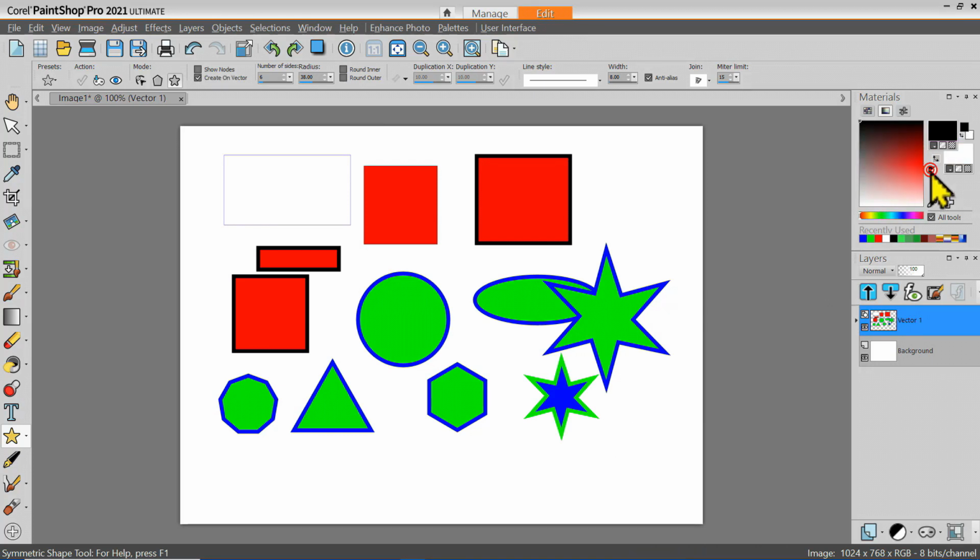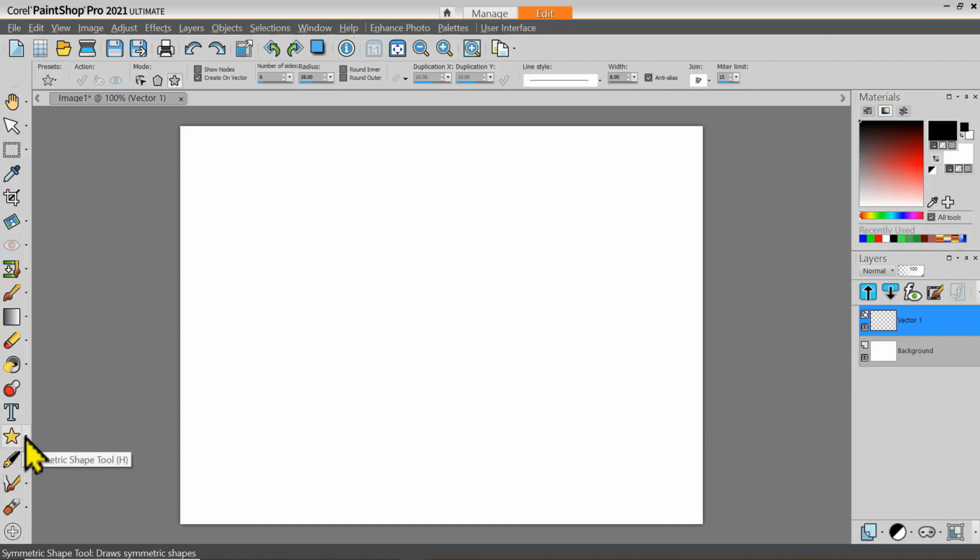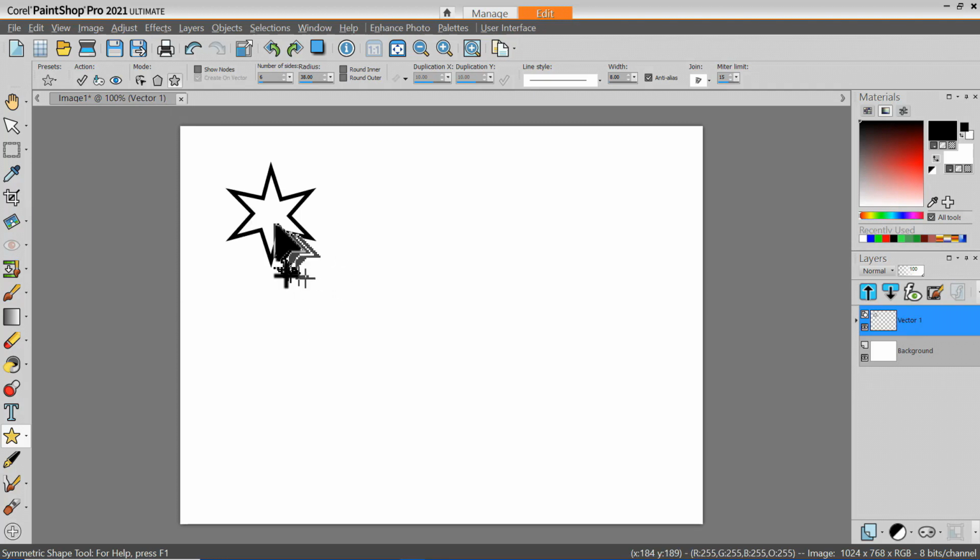I'm going to go back to the standard default colors, and I'm going to clear this off again so that I can play with something else. Let me stay with the symmetrical shape tool with a star shape, and let me create something now that has stroke, foreground, fill, background. This time, instead of filling with a color, I'm going to left click in the background